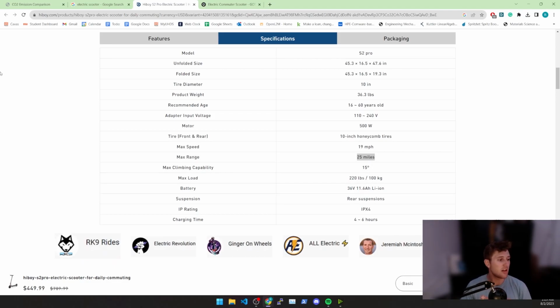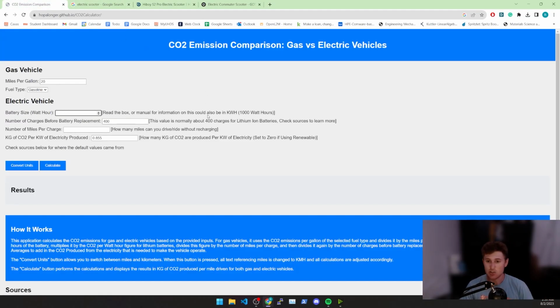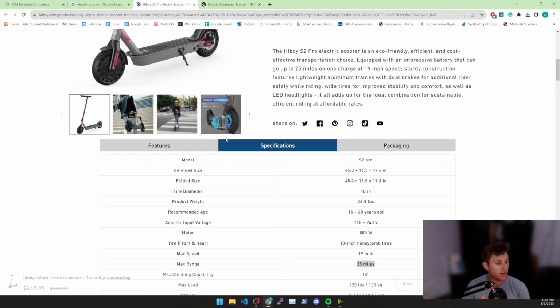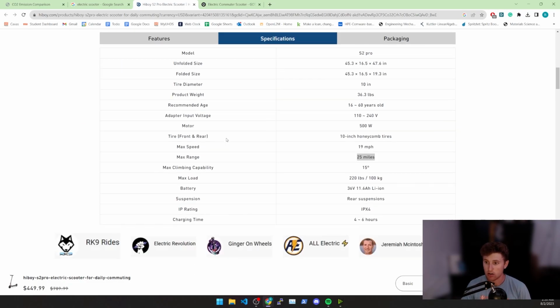If you've got a scooter or a vehicle you own, I recommend putting what your realistic actual range is. So for this case, I'm gonna actually say 20 miles, because 25 is probably pretty optimistic and it's marketing material, you know. We're gonna leave the charges before battery replacement at 400. It's a pretty cheap electric scooter, so I'm not expecting them to have any special batteries that might make that number bigger. Then battery, it says 36 volt, 11.6 amp hour lithium ion battery, and